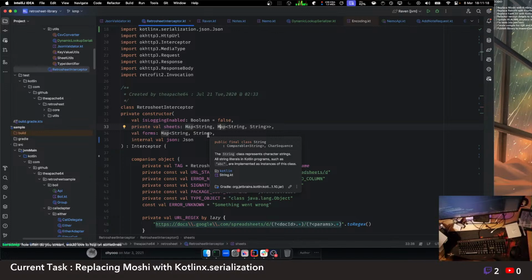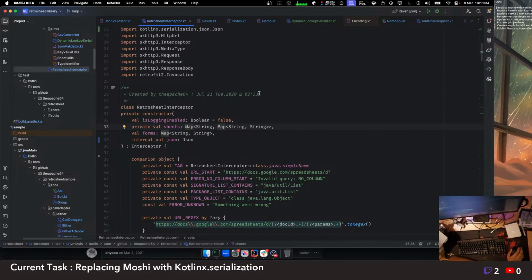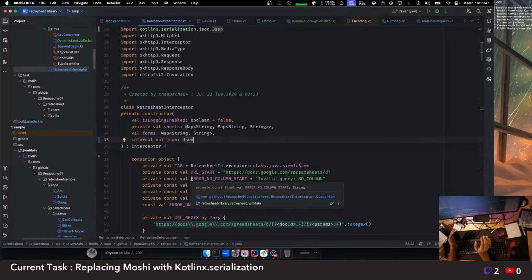Beradeep asks, how often do you stream? Not often. I don't have a specific schedule, but I'm planning to increase the frequency, maybe, I don't know, but no guarantees. I did this stream because I was just casually spending weekend time maintaining the open source library, and then this exercise of migrating from a JVM to a KMP library is something that I felt is interesting, and it's a